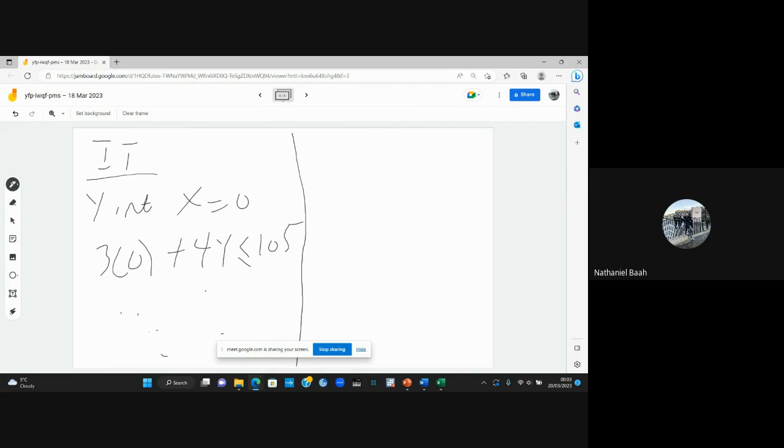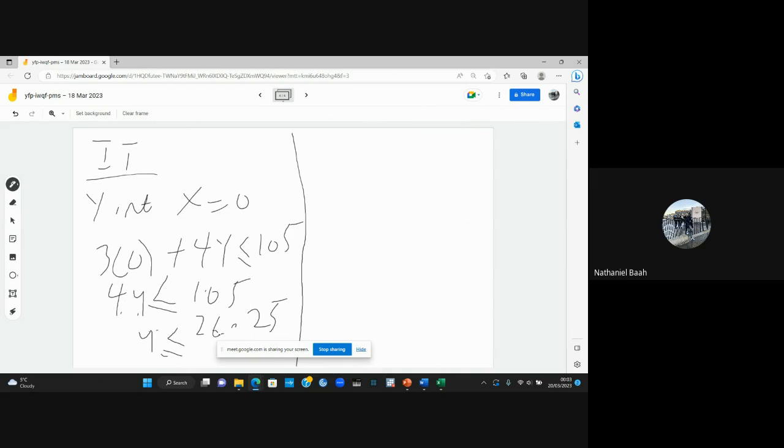So we are going to get 4y should be less than or equal to 105. So we are going to get y to be less than or equal to 26.25 after dividing both sides by 4. Good. So now that we are done with the IT department,